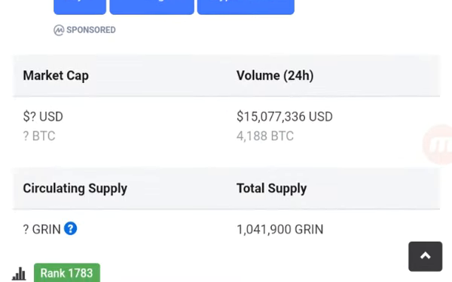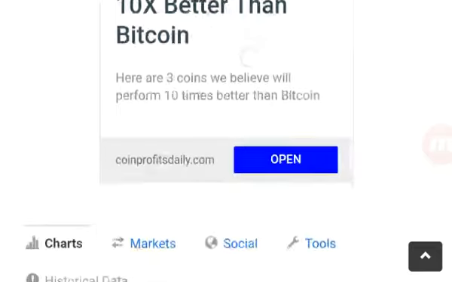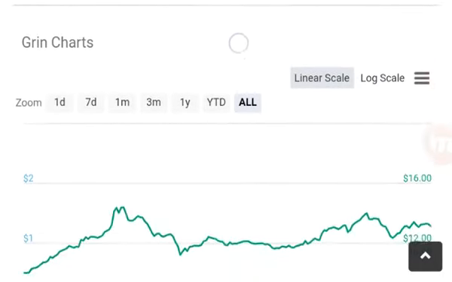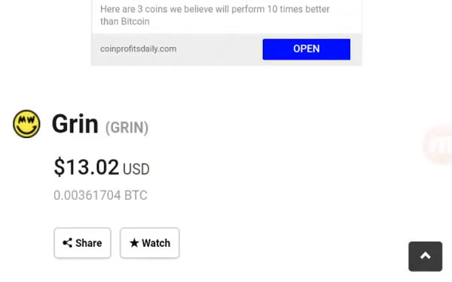And you can see it's doing fairly well here. Over the last 24 hours, over $15 million, and it hit a peak price, I think, of about in the $260 range. Unfortunately, you can see where it's at now, and we're going to get into a little bit of why that is and what happened with that.